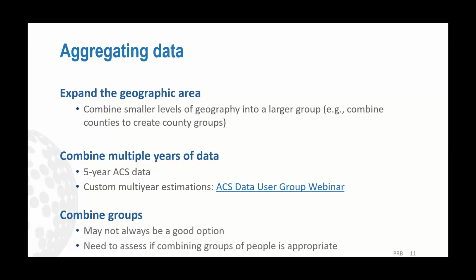The third option is to collapse categories. So here, rather than showing data for each racial and ethnic group, you could combine subpopulations together to create different groups. This option may not be ideal for your application because it will mask variation across racial and ethnic groups and makes it appear as though different racial and ethnic groups have similar experiences. However,